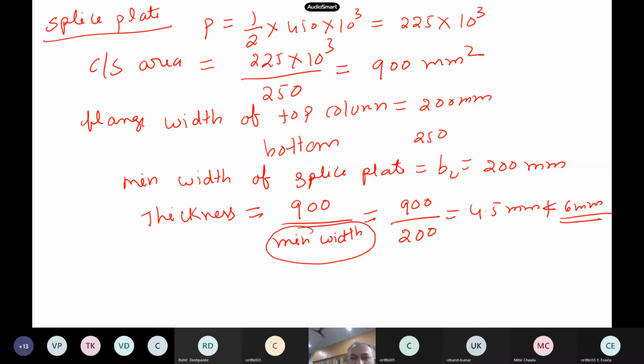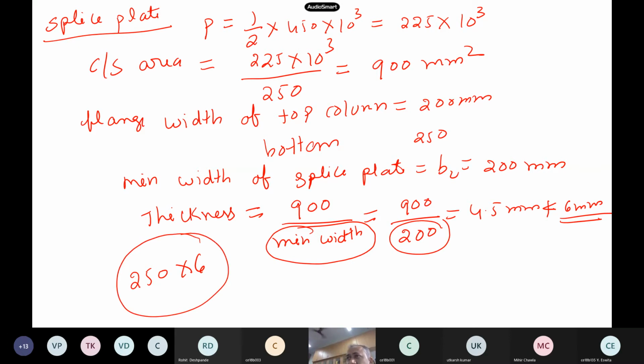The splice plate has two widths: the bottom one is 250, the top one is the minimum. So our splice plate will be 250 by 6 at the bottom, and you cut it accordingly, but in design we give a 250 by 6 splice plate. This is a design value.